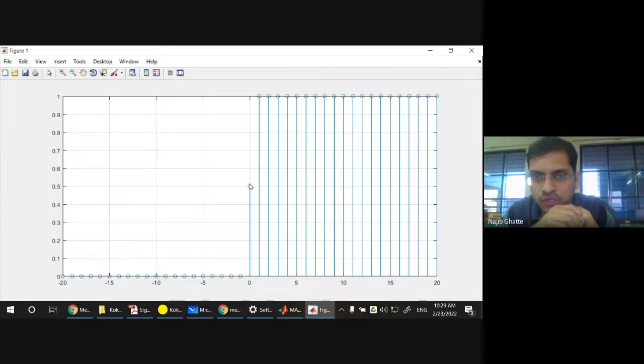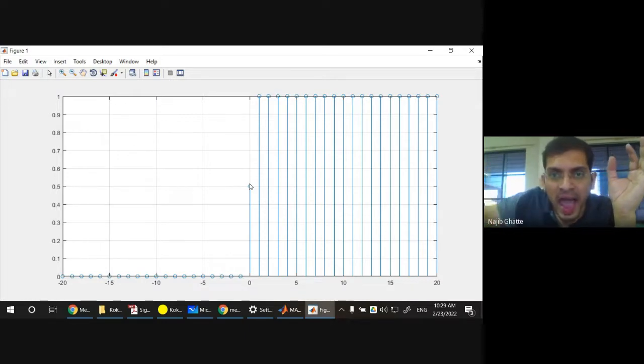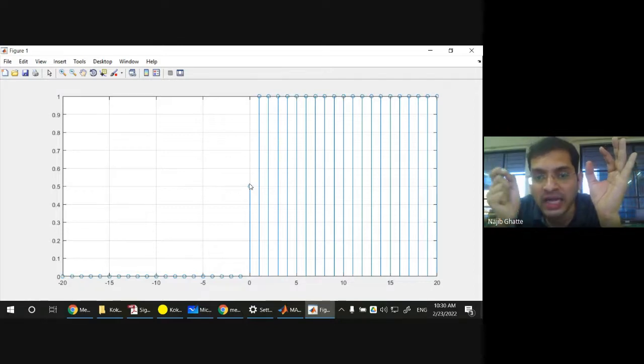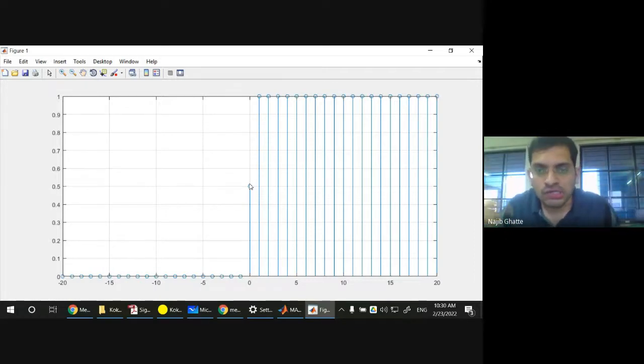Why is Gibbs so strict about it? The reason is, if you try to read the lines of Gibbs phenomenon, Gibbs phenomenon is used to solve the ambiguity at the point of discontinuity. What is the dictionary meaning of ambiguity? Ambiguity means confusion, because at n equal to 0 confusion occurs. What kind of confusion is it? It was 0, it was 1, then what is the value in between? In order to solve this ambiguity, Gibbs phenomenon comes into consideration.